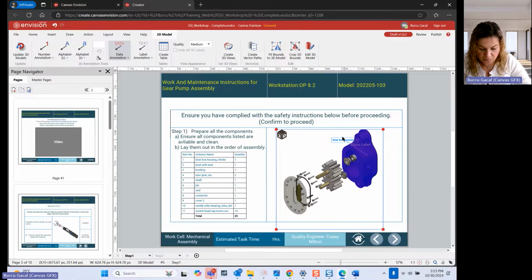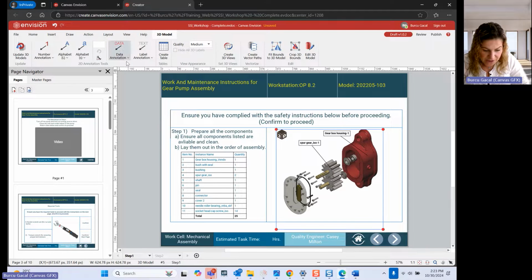And the first option we have, as you guys can see, I'm going to start from the gearbox housing. And then the next one will be, if I select this again, spur gear ISO. And if you want to just keep annotating without releasing the feature, what we need to do is once we